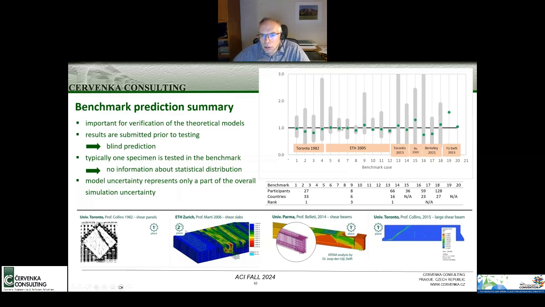This slide gives the summary of our participation in some blind competitions over many years. And you see these green points indicate our results. The gray bars provide the information about the scatter observed in those blind competitions. So the scatter was quite big. So we can see it's not always easy to predict